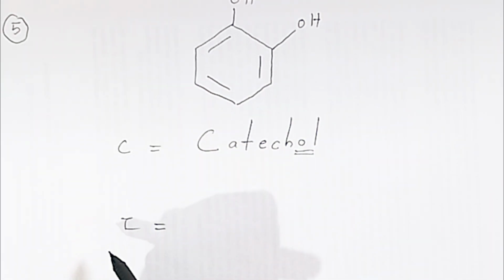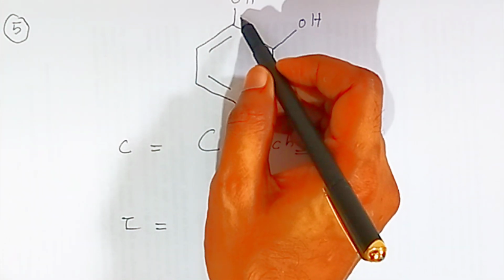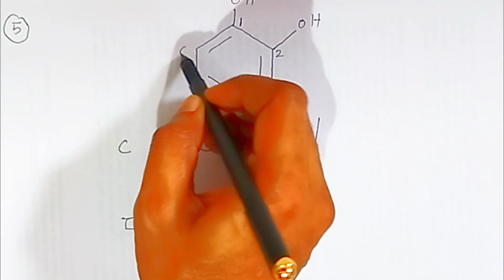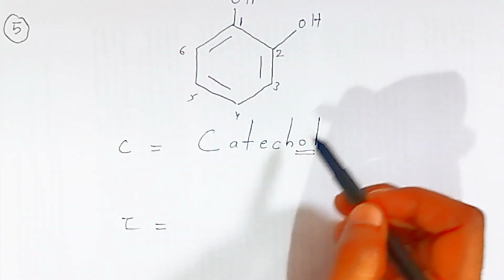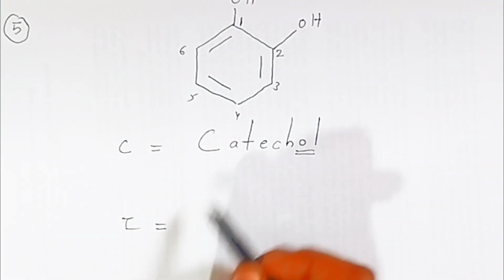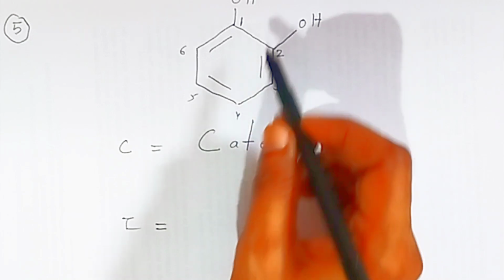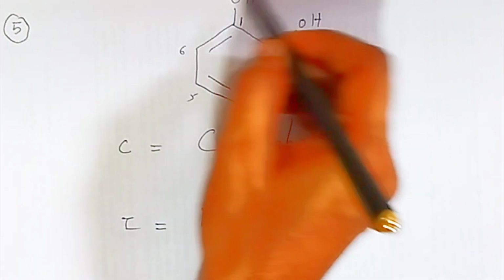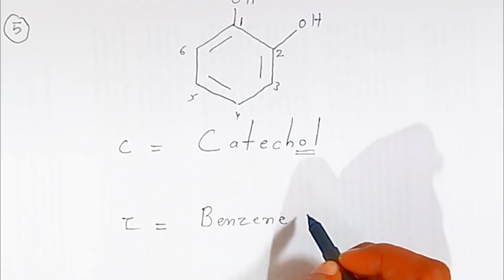For that, students, you have to start the numbering. If you give carbon number 1 here, then the others will be carbon number 2, 3, 4, 5 and 6. So if you name the compound with the IUPAC name, you have to give the numbering. So benzene, benzenol, students, OL. Here two OL groups, hydroxyl groups, are there. So we call it benzene 1,2